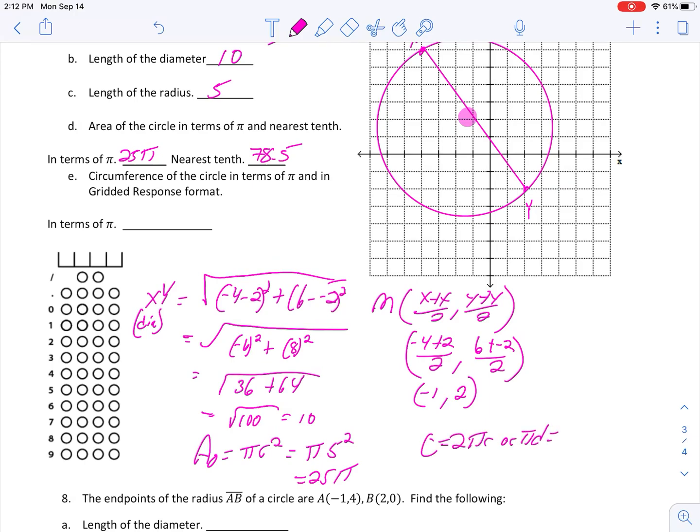Circumference, 2 pi r or pi d, either one, I don't care. The radius was 5, the diameter was 10. Either way, it's 10 pi then. Put 10 pi in your calculator, put it into the grid response, 31.4. Okay. Again, if we were doing SAT,